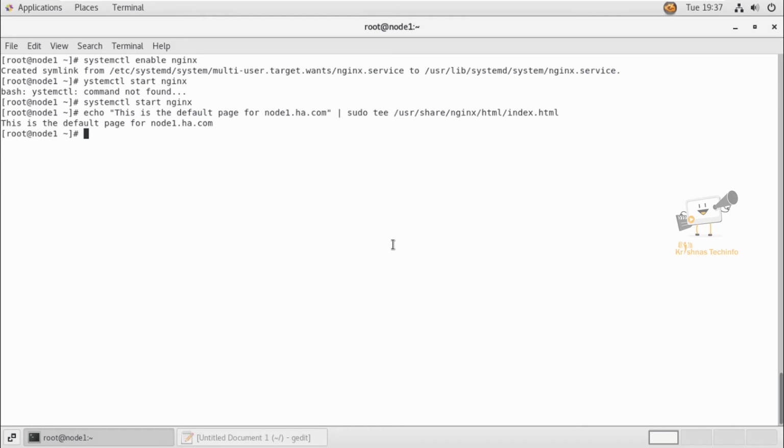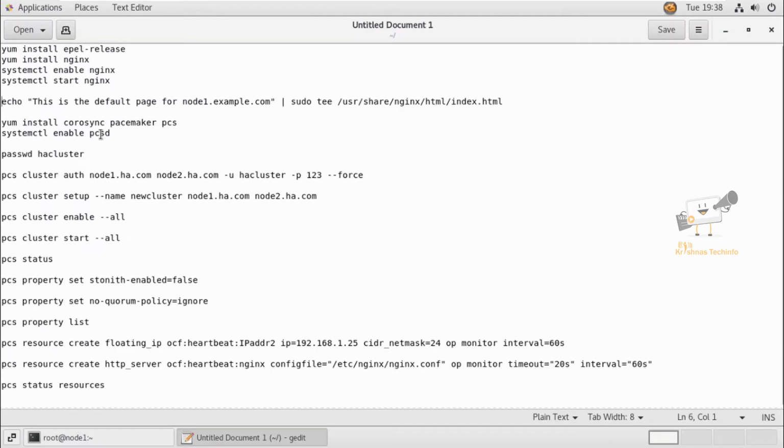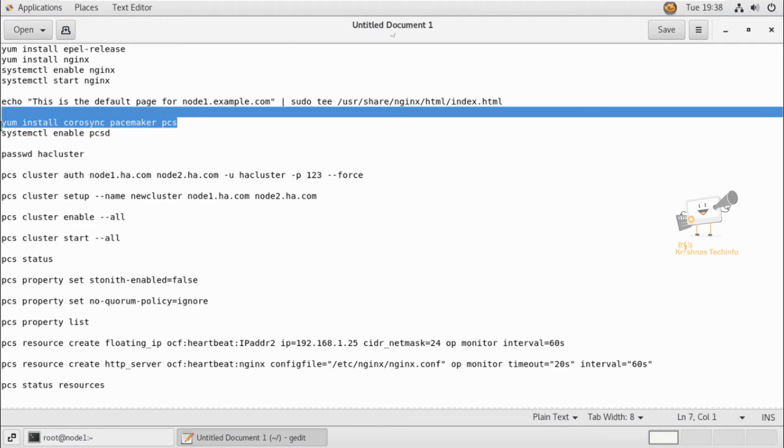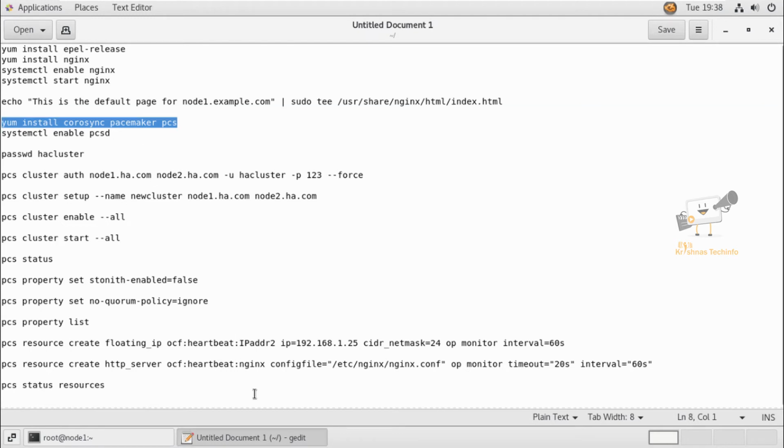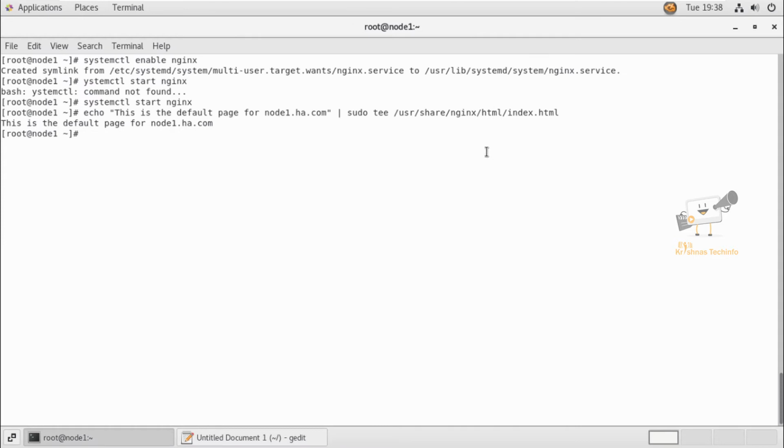Next we can see how to install and configure Corosync and Pacemaker. We can install Corosync and Pacemaker using the yum install command. These are the packages which will be used for high availability.